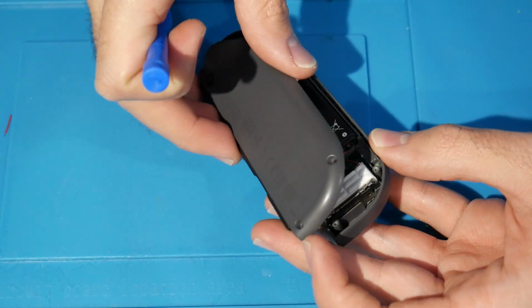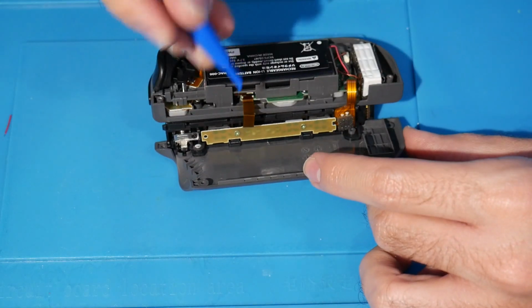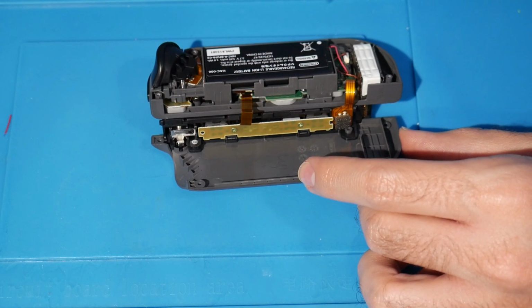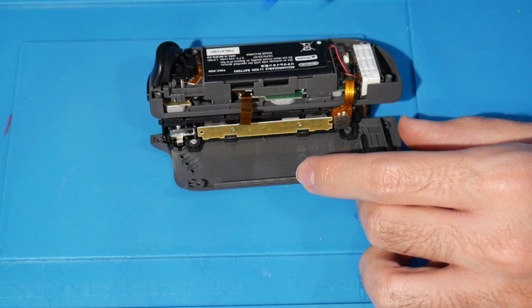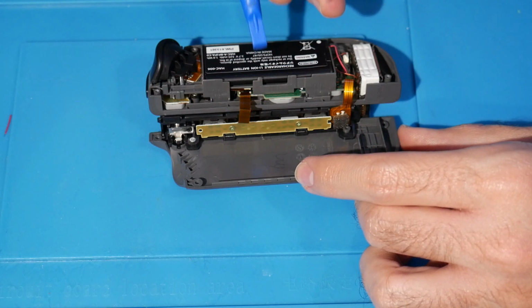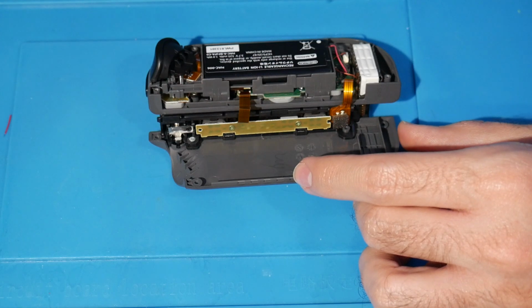There we go. All right. So now again, you want to be really careful with this. Like, you don't want to just rip it off or anything. You want to be real careful with that. So there are going to be this one, the left one, you do have to remove the battery on here because there's going to be 2 screws underneath that we have to get to in order to fully remove this